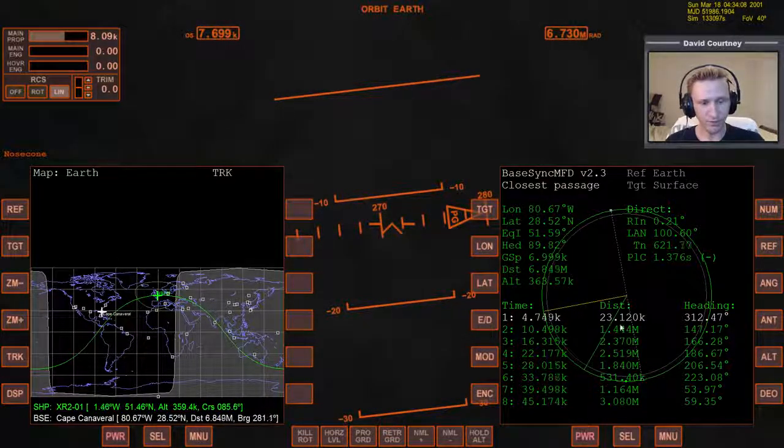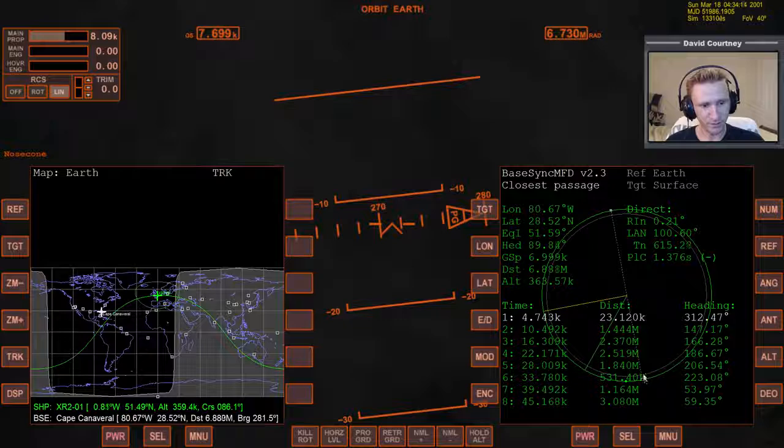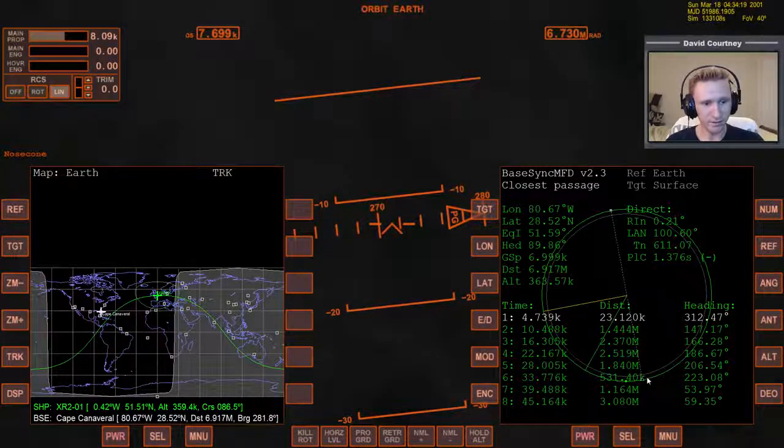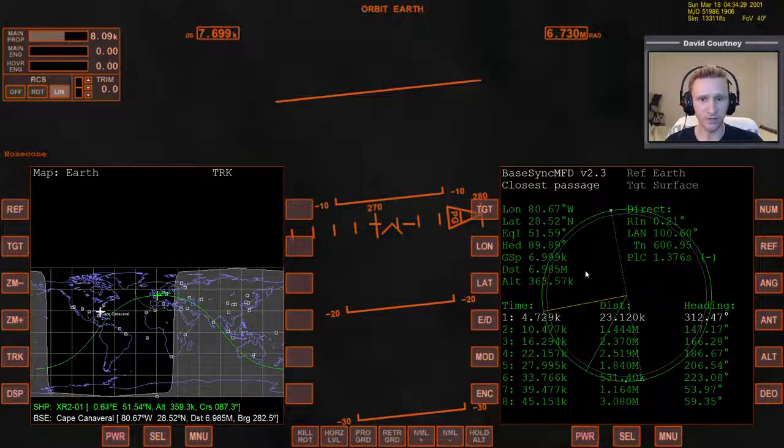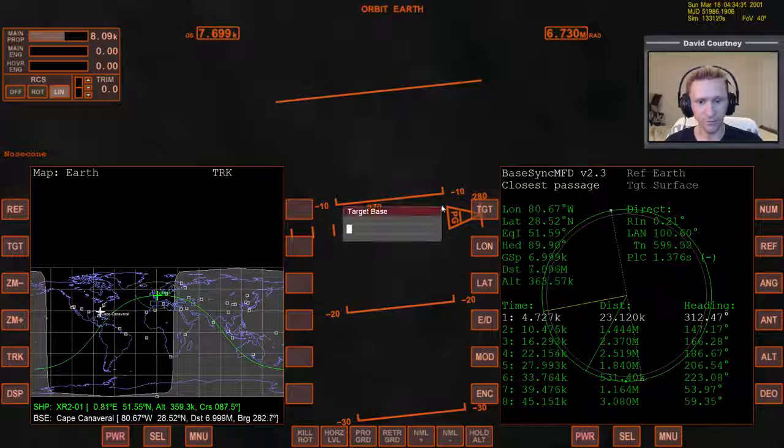There's something we can do. We don't have to do this since our distance to Cape Canaveral on this next orbit is so close, but as we cross the line of nodes here, that's this white line, we can bring our distance to KSC down even more. And let's just go ahead and do that. We've already talked about this in the video on how to use Base Sync MFD, but we'll just recap quickly,